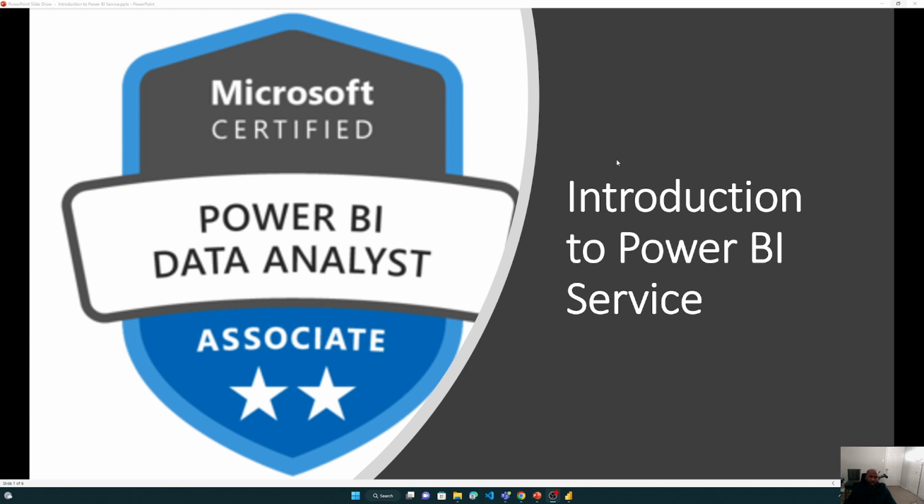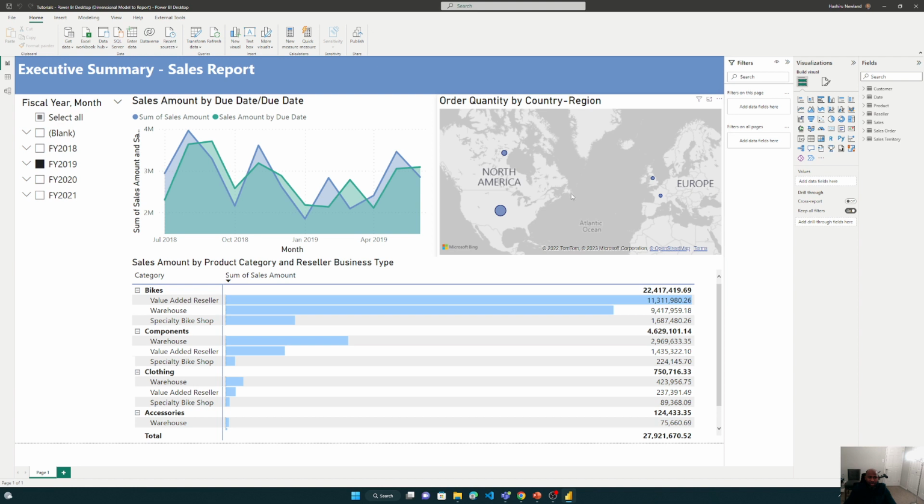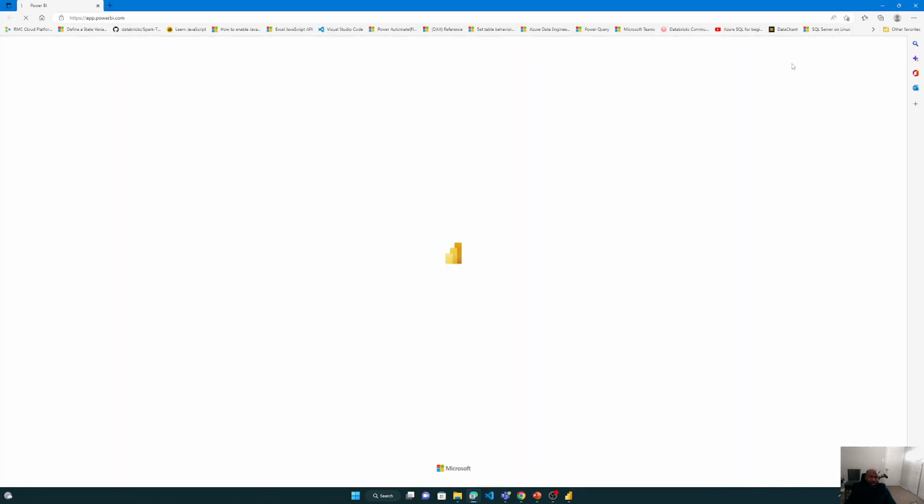This is the Power BI data analysis, and today we're looking at the introduction to Power BI service. In order for us to get to the service, I'll maximize the Power BI desktop so that we can use the desktop as the launching pad to get to the service. If you go to the top left under the name that's used to log into Power BI and click at the top, you'll see Power BI service, and if you click that it will launch the Power BI